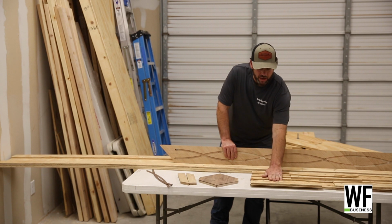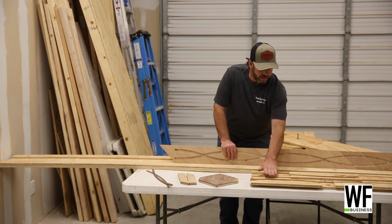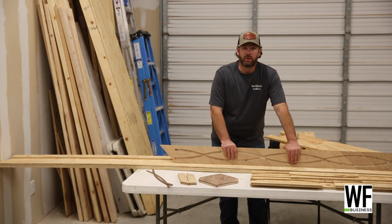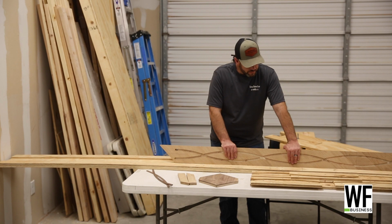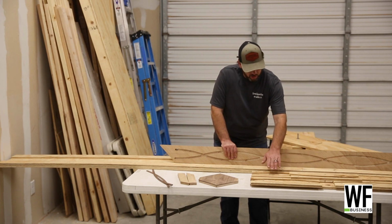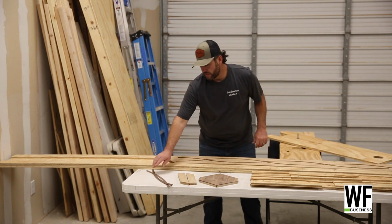We tested out on plywood first, and that's actually what gave us this jig template right here. So once we got it figured out exactly the size that we needed for our border, we used the router to cut all the way through our pieces of plywood. That enabled us to make